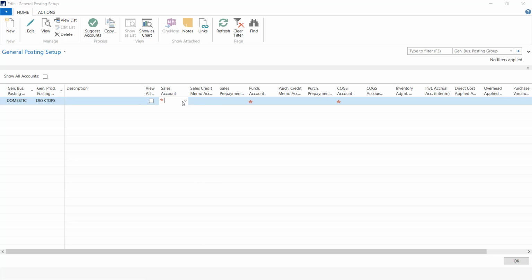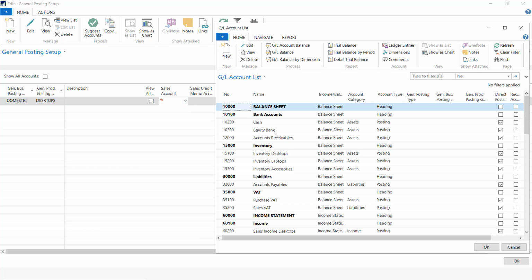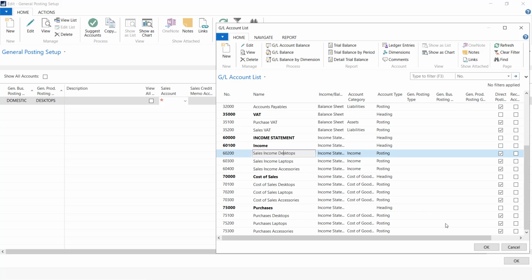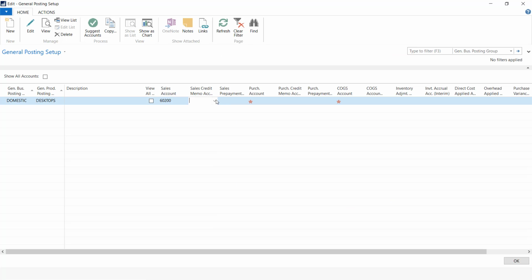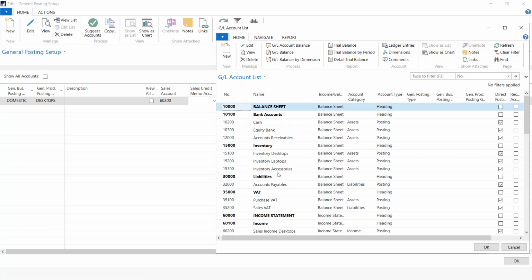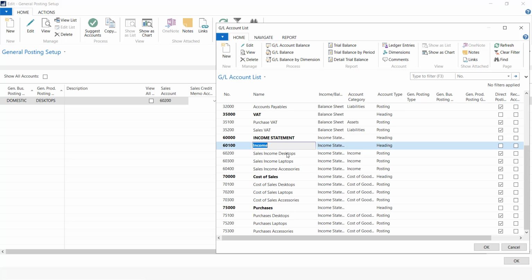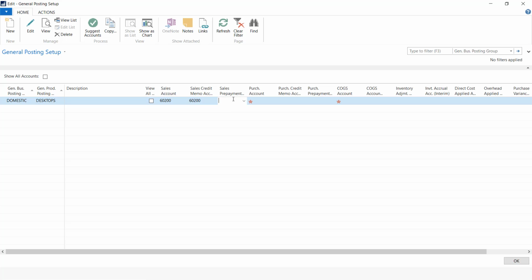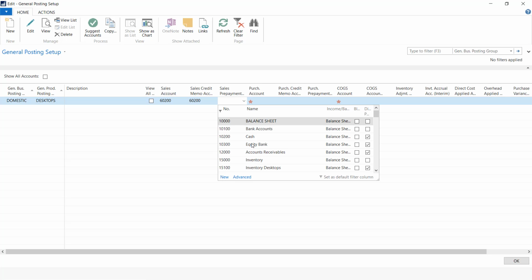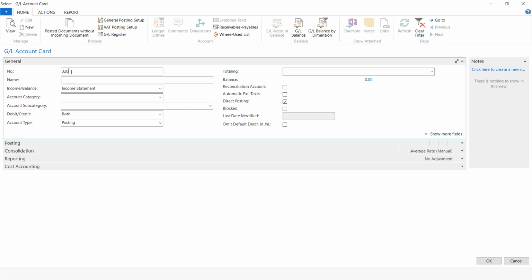You can choose the income account. So we want, when you sell desktops, to hit the income account. And also for the credit notes, you can choose the same account. So there are some accounts we did not create. For example, the prepayments from customers, that will be a liability account, which we can create somewhere. So you can create it here